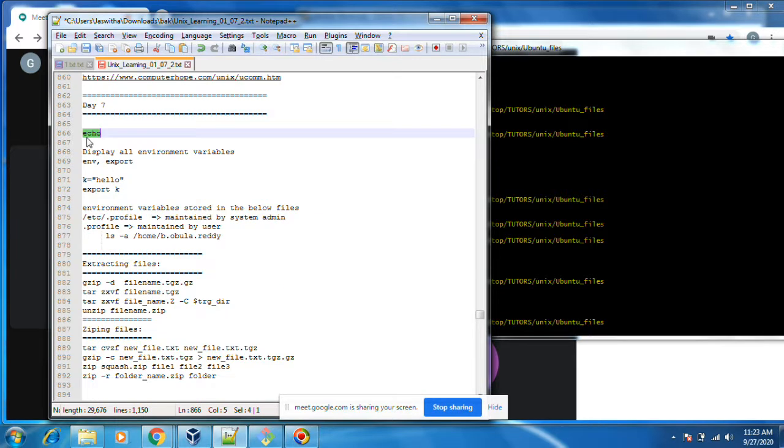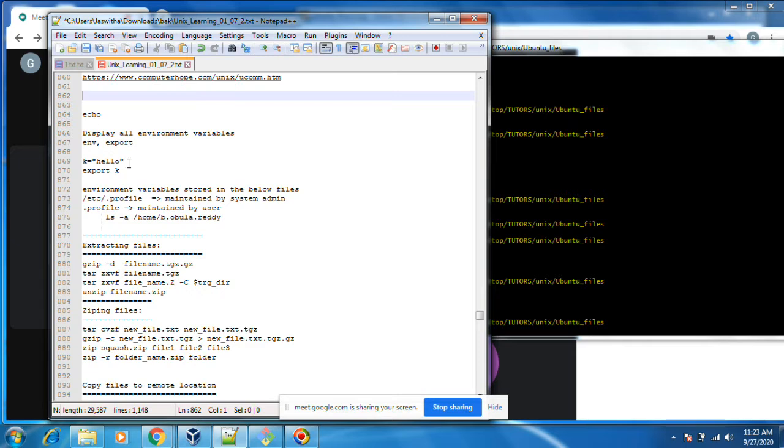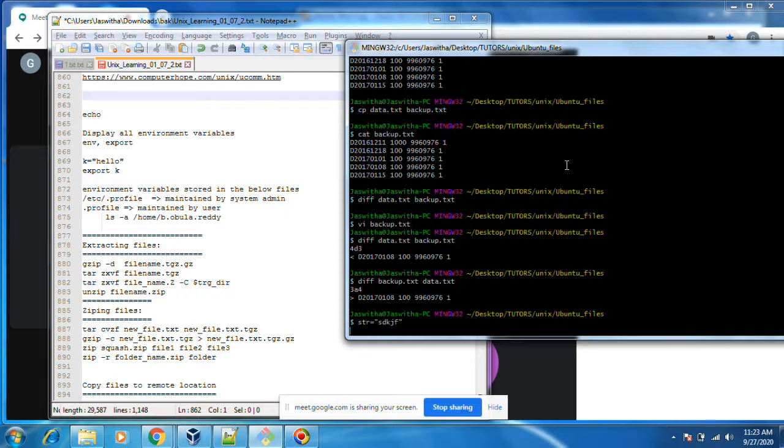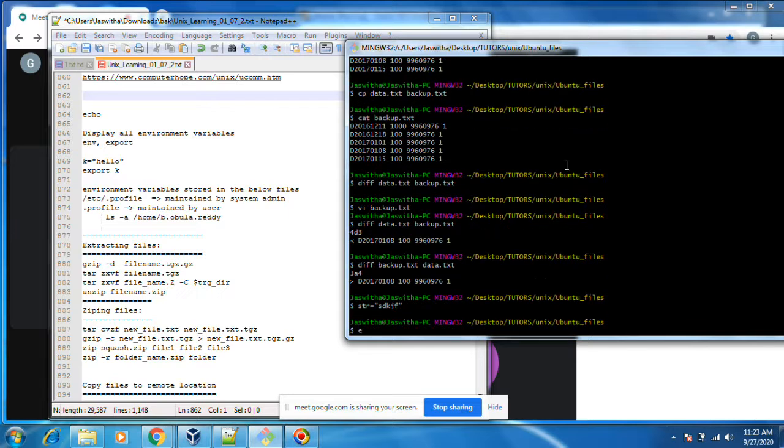Next one is echo. Echo will display variables. Suppose str equals something, and I want to display that variable. Simple echo.